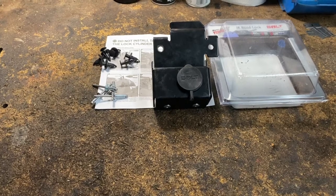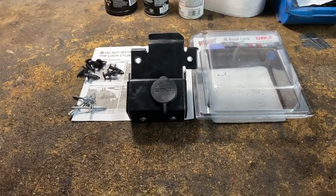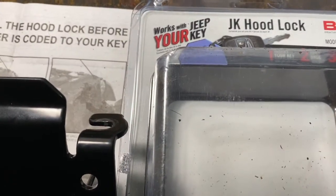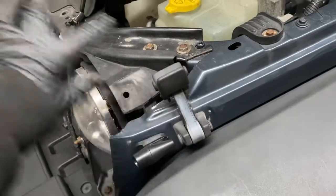To show you how to install a hood lock on a JKU Wrangler from 2007 to 2011. I believe this one's up into 2011. All right. Basically, instead of having, sometimes they have the locks over here that you lock it down on both